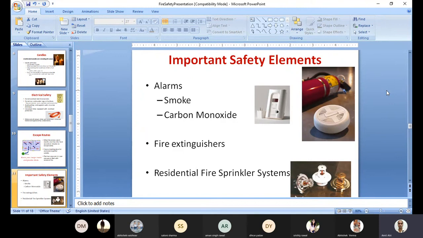Even in the corridors of our institution, our university, you can see that fire extinguishers are placed everywhere. Then alarms and smoke detectors and fire sprinkler systems are also placed. They are automated. The sensors are there, the controller is there. So as the fire breaks out, the sensor senses the smoke and raises an alarm. At the same time, the fire water sprinkler system is activated and starts sprinkling water, so as to minimize the risk of the spread of fire.